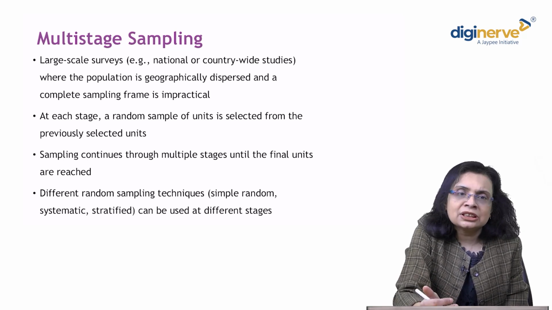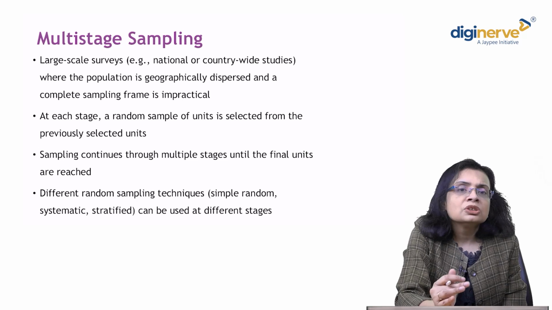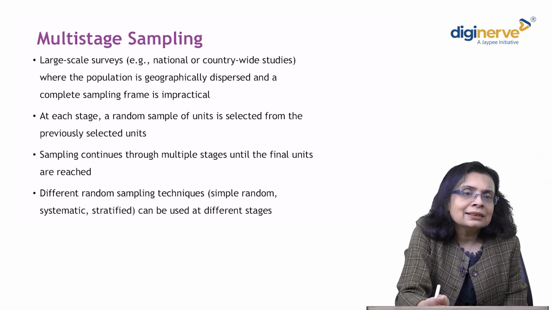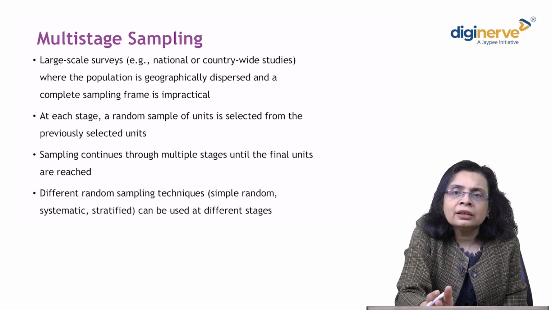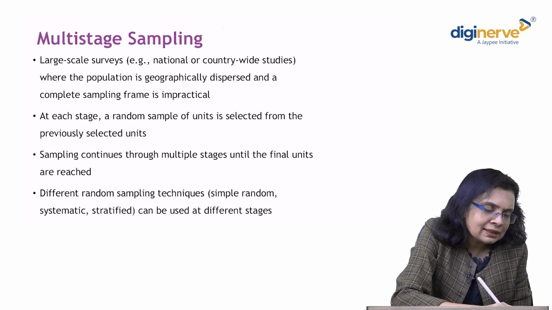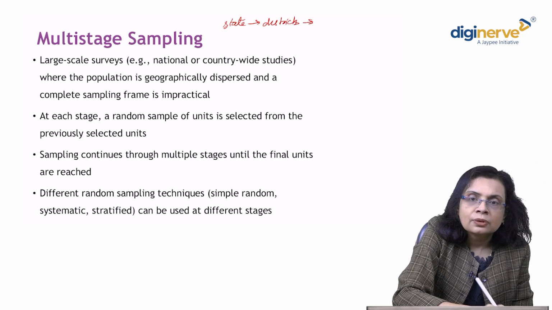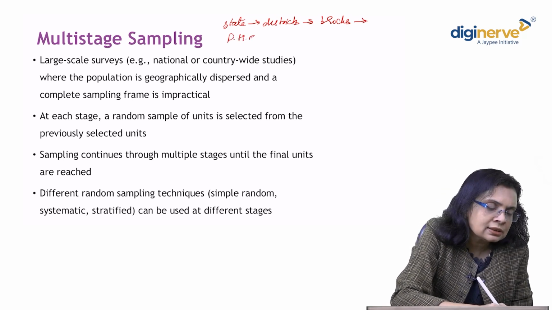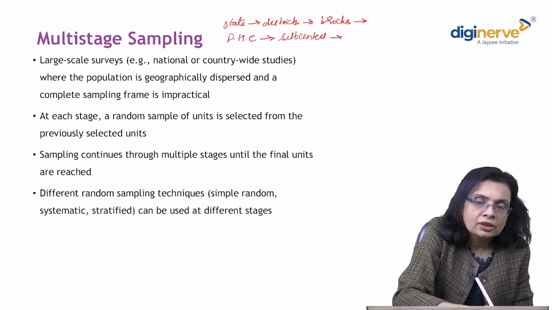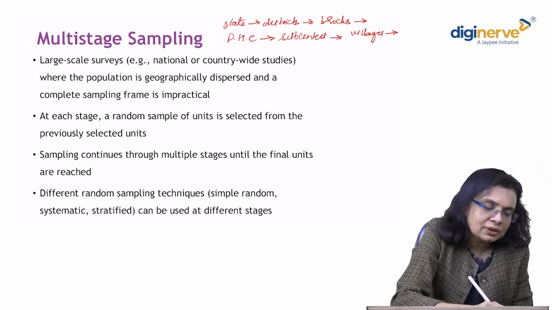So you do sampling in stages, and at each stage a random sample of units is selected from the previously selected units. So sampling is done in multiple stages, and it continues until the final units are reached. So for example, you want to collect individuals from each state. So state can be divided into districts, which can be divided into blocks, which can be further divided into primary healthcare centers. These can be divided into sub-centers. Sub-centers can be further divided into villages, and villages can be further divided into